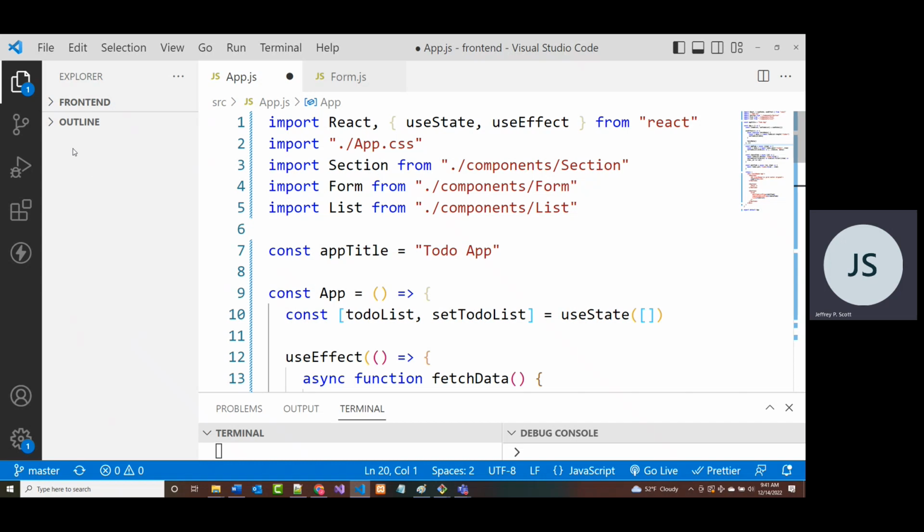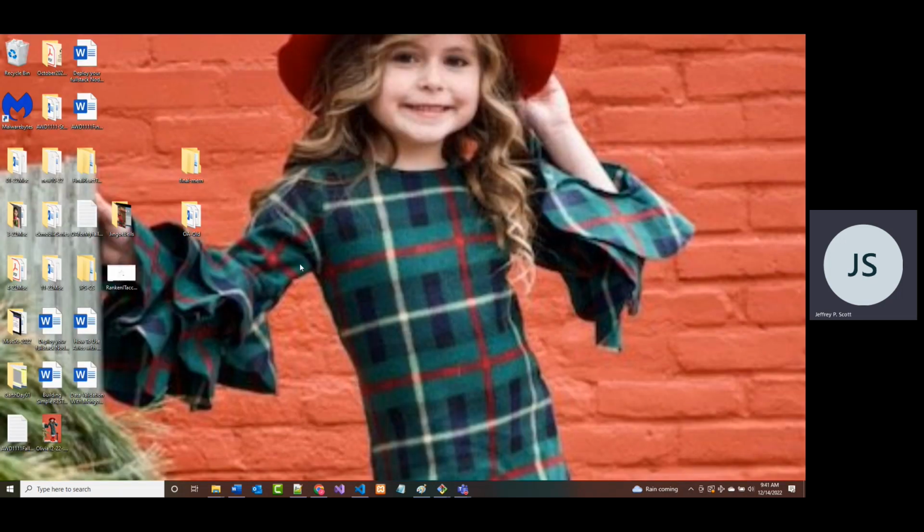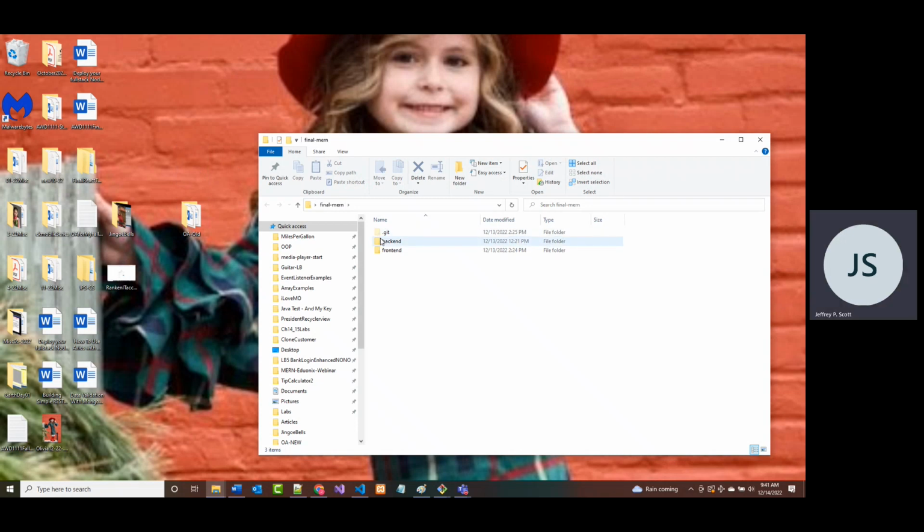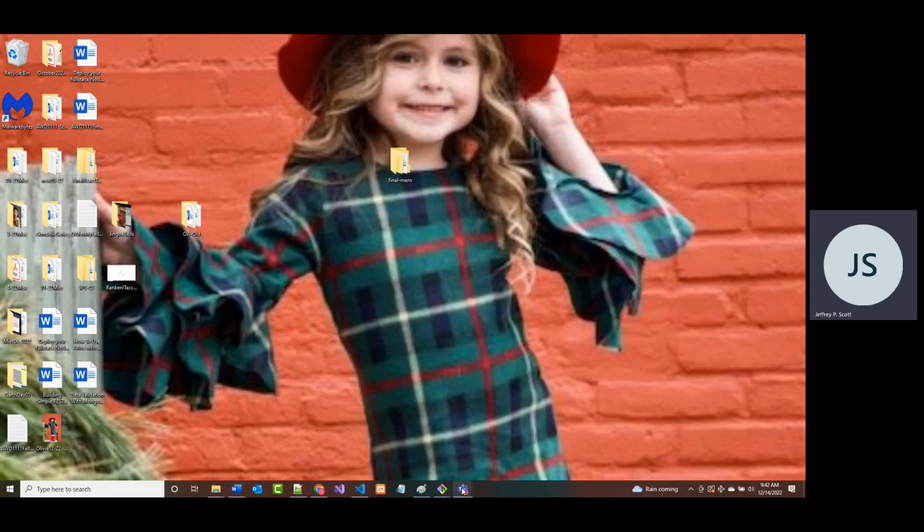So I'm going to come into here. Let's see what we've got right here. So this is called Final MERN. And according to this, I've got both a back end and a front end, which is what I thought I had. And the back end should have nothing in it, but it wasn't showing that. So let me double check and make sure. I think this is the one I'm working with. That looks like everything that I had yesterday. So as far as I can tell, this is the right one. So I don't know why it's not showing, but